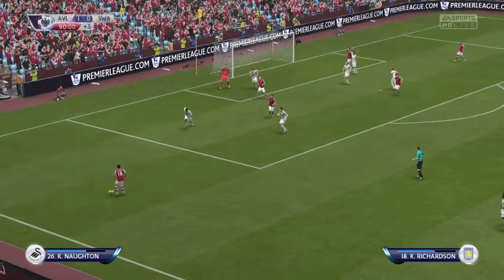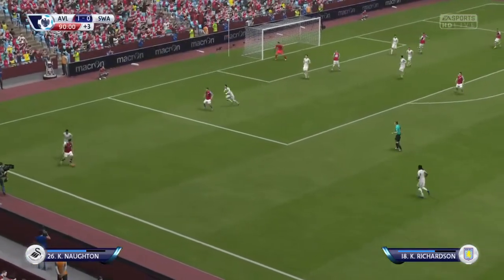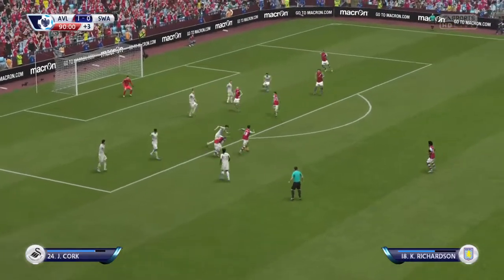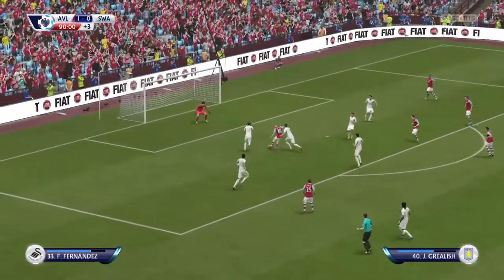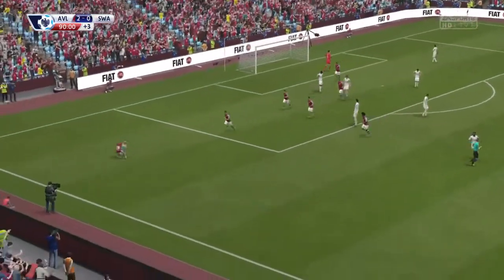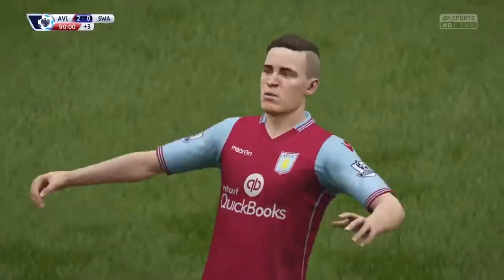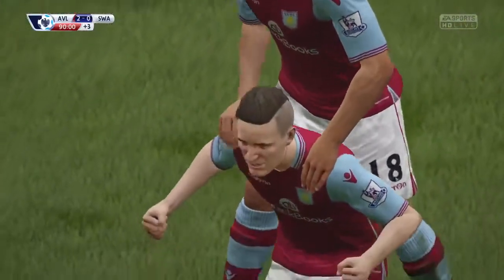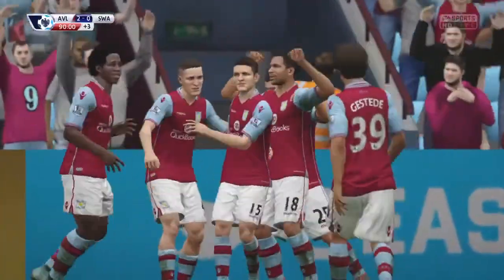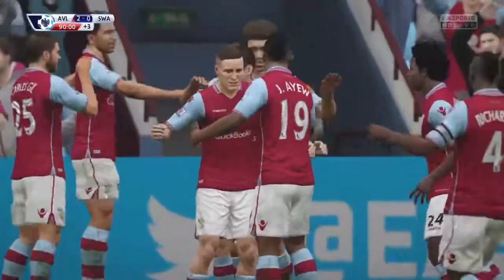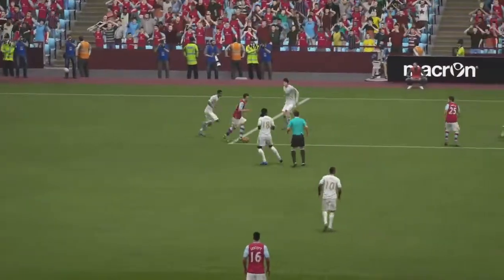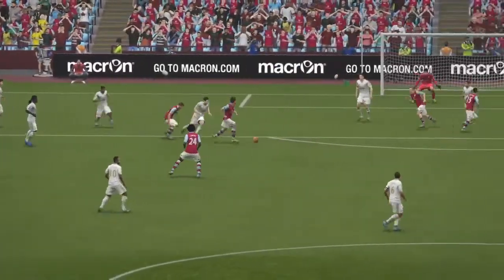At full extension, the goalkeeper makes the save. Keeper clawing at thin air there. He had no chance.